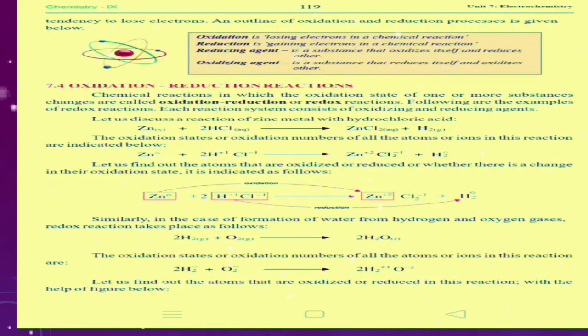It means the oxidizing agent obtains electrons from another atom and is reduced, and the reducing agent gives electrons to another atom to cause it to be reduced, and itself the reducing agent becomes